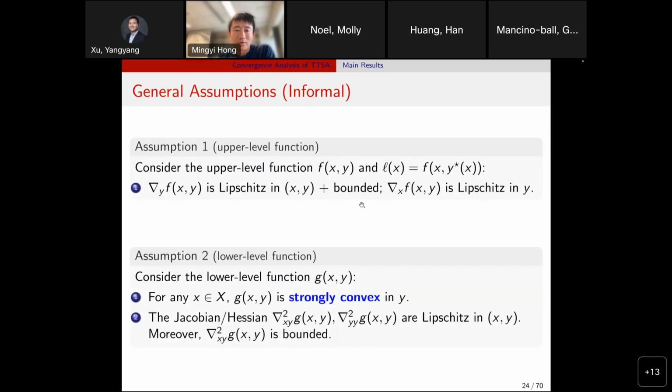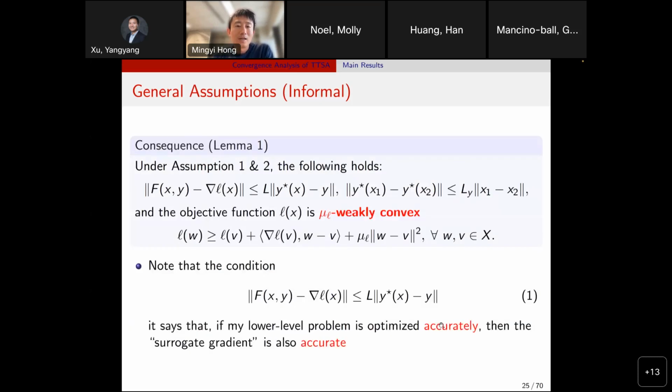And also the partial gradient of y is bounded. Assuming that the lower level problem is strongly convex in y, and the Hessian exists, the partial Hessians are Lipschitz and bounded. Okay, so this partial is bounded, and then these two are Lipschitz. And also with these assumptions, we can show that the surrogate gradient compared with the true gradient, the difference of